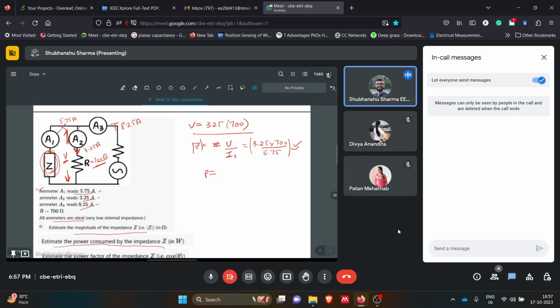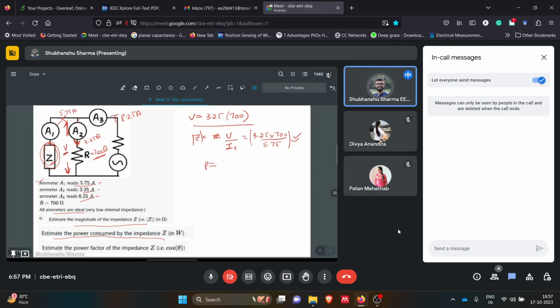Yes. So to calculate this power, basically the power for a circuit where there is some phase shift